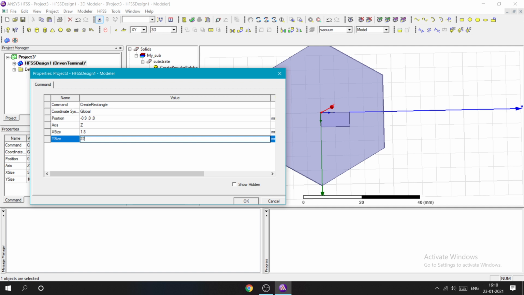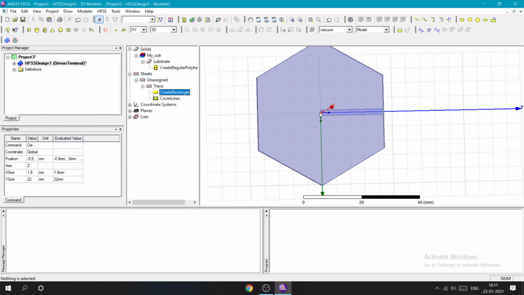So you can see the x-axis, so this length is x and this length is y. X is 1.8, y is 22, and we want this position; it will take the reference of this, so minus 0.9, and this part will coincide here.